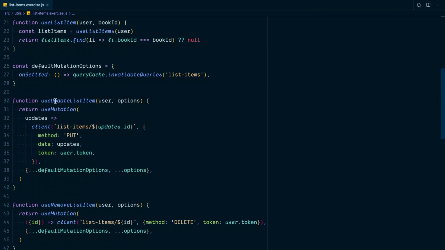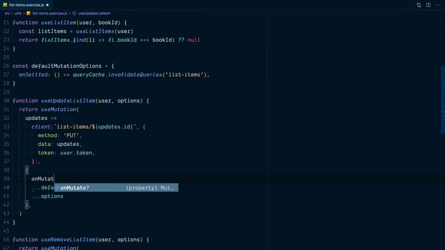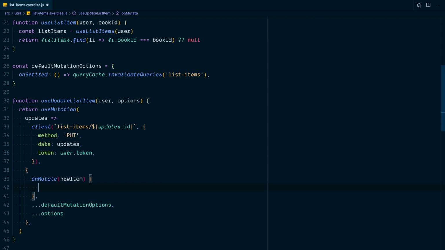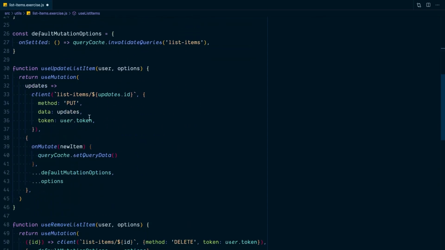So what we're going to do is in this useUpdateListItem, we're going to add some additional configuration here. And the configuration we're going to add is an onMutate function. So when we make a mutation, we're going to get access to the new item, this new list item that we're mutating. And I want to take the query cache and I want to set the query data for this query key. So we're going to set the query data for anyone that is consuming this useListItems hook. So we'll set that query data for list items, and this allows us to set query data to something specific, or we can pass a function and that will accept the old values